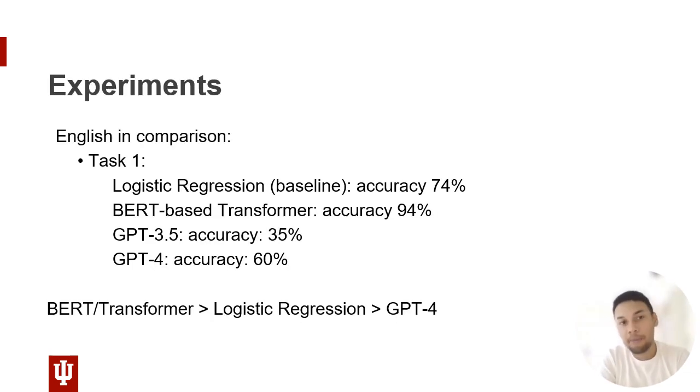So to recap, for English, looking at task 1, we see that the logistic regression, our baseline, had an accuracy of 74%. The BERT-based transformer had an accuracy of 94%. GPT 3.5, 35%, and GPT-4, 60%. So we know that the BERT and transformer models outperformed logistic regression, which itself outperformed GPT-4. And this came as a surprise